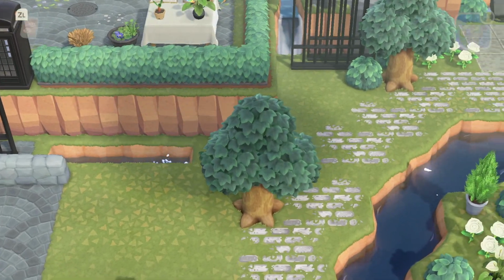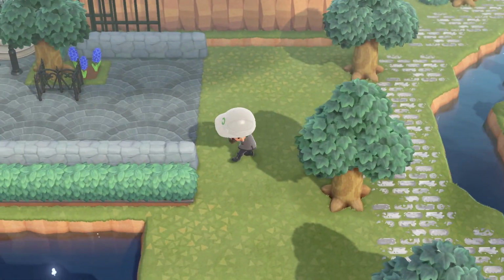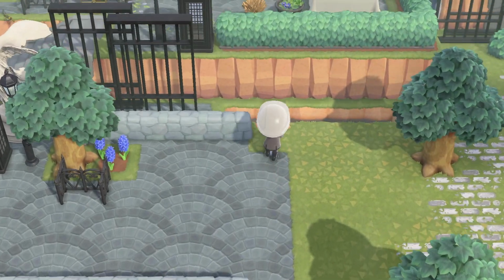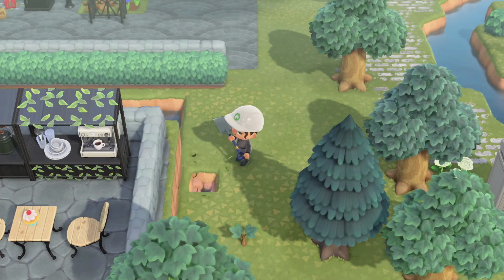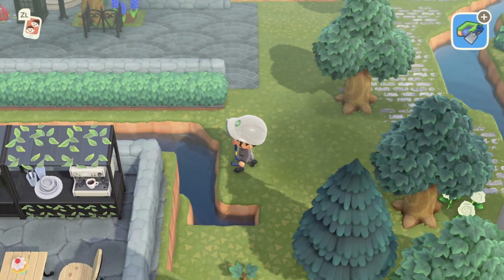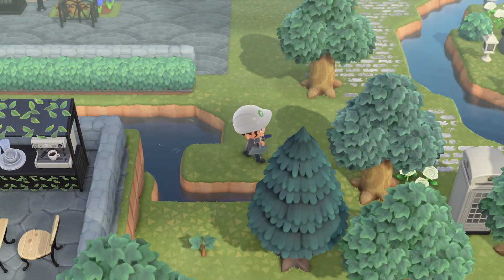And I added some water by the neighborhood just so it's not all a path. And now I'm just extending this to the right a little bit and adding a pond here as well. So a lot of water happening here, which is really nice because that was one of my